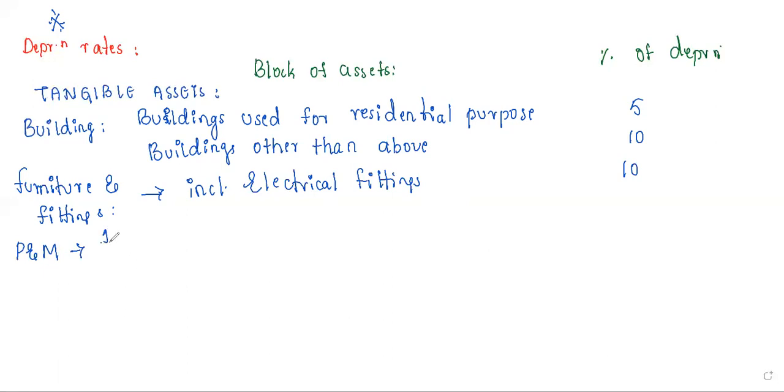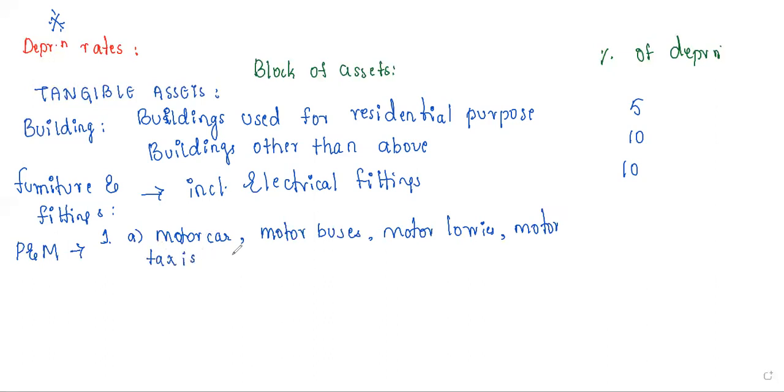The first one we have is motor cars, motor buses, and then motor lorries, motor taxis used in business for running them